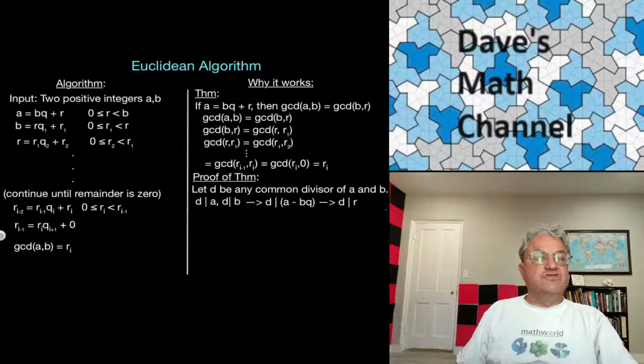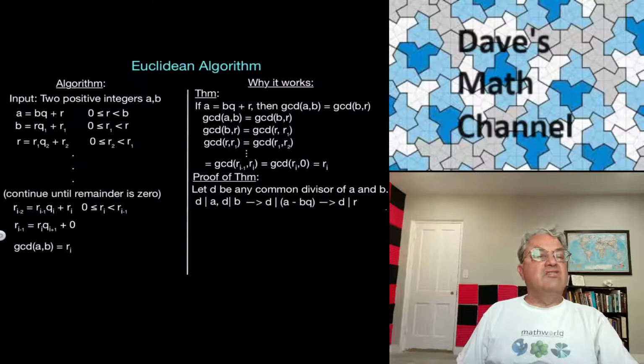These are all finite integers. So you know that within a finite number of steps, you'll get to 0, because they're all less than the previous one, and you can't go down infinitely many times. So eventually you will get a remainder of 0, and then the last remainder you get,